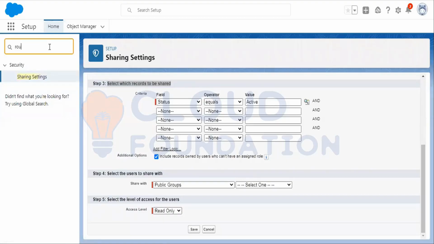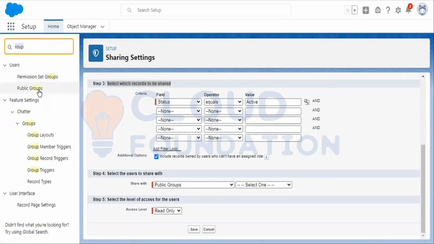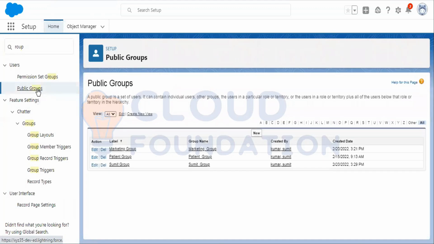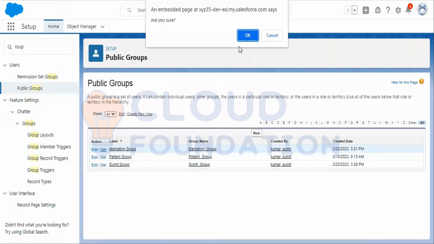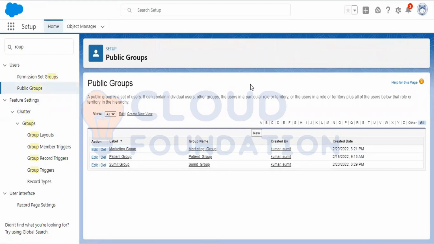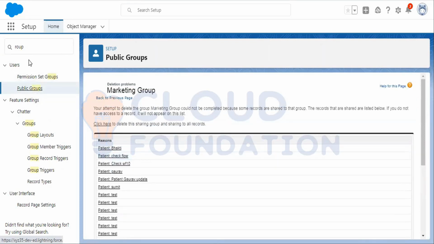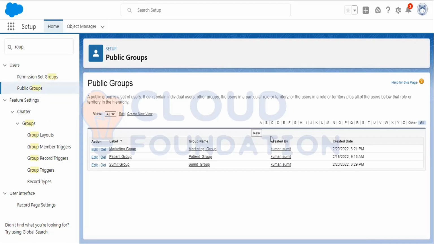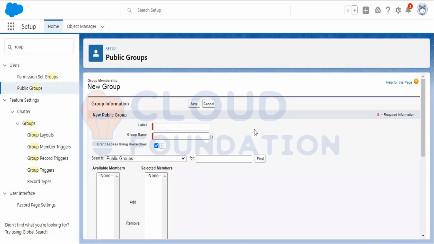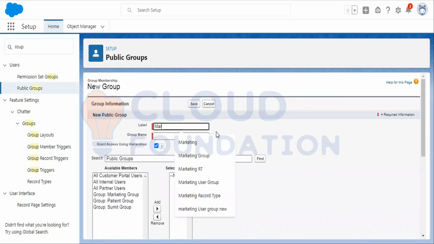Let's discard this screen for one moment and click on public group. So it's already there. Let me delete this and let me create a new public group. Just 1 minute. Let me click on new. I'll give it the name marketing